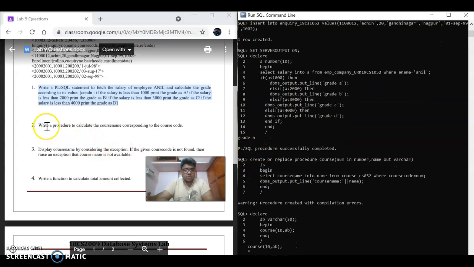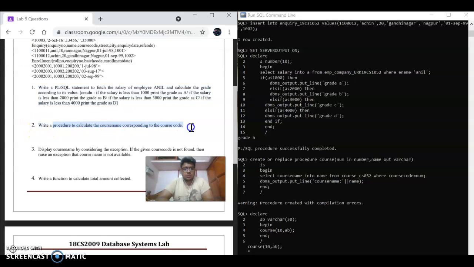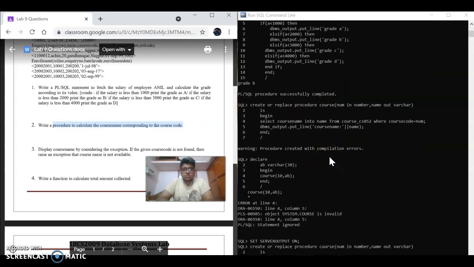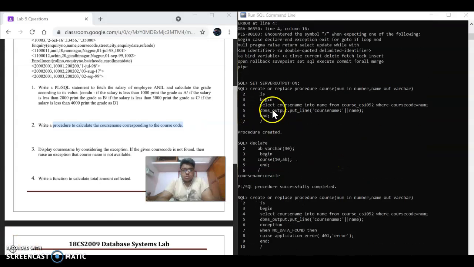And coming to the second question: write a procedure to calculate a course name corresponding to the course code. So this is that one. Create or replace a procedure with course number and name out as a variable character, begin. Here, select course name into name from the course table where the course code is equal to num, and if it is found, DBMS output put line the course name.